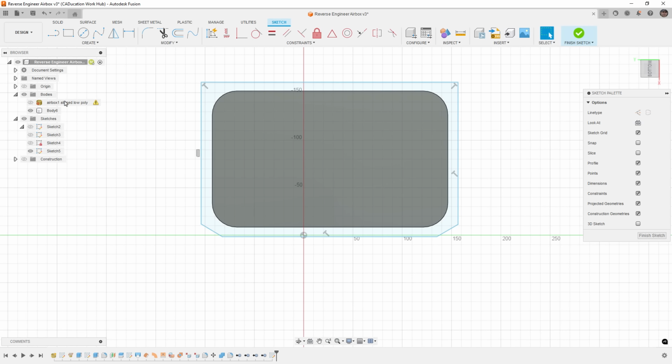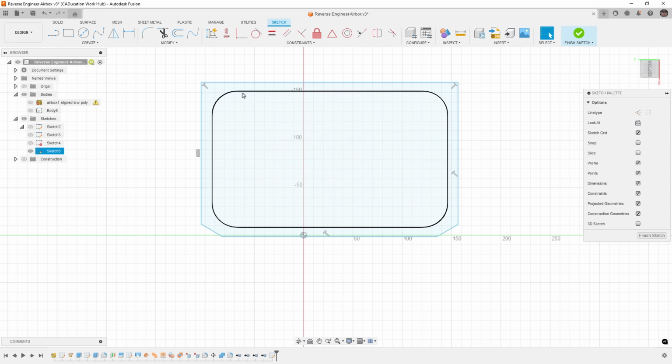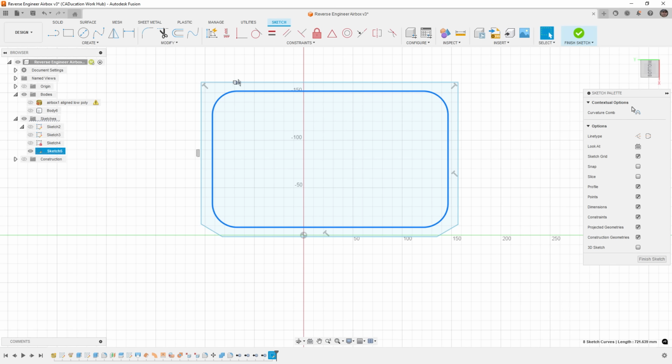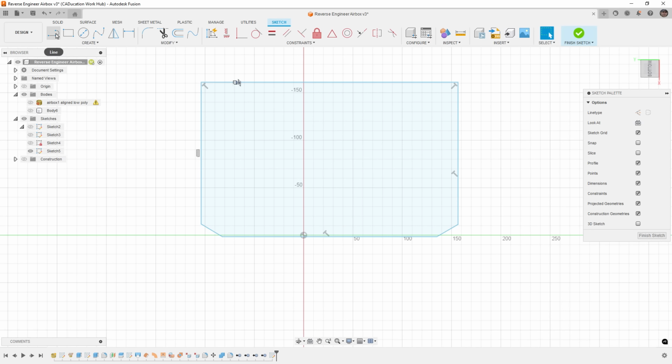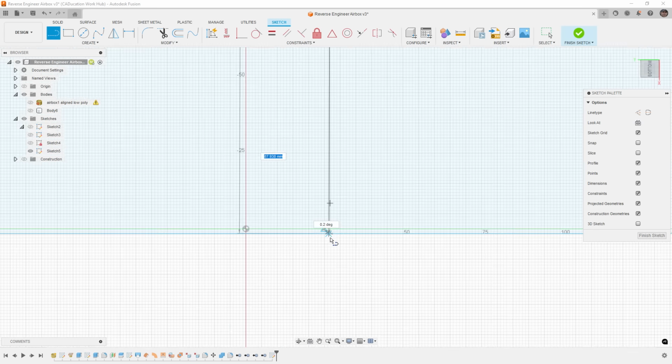mesh for now. And actually, let's hide that body. What I would generally do is double click that, convert it to construction, and then use a line, find the midpoint over here and the midpoint over here, hit escape, make that construction, and then make sure that it's horizontal or the edges are perpendicular. And then I can use this as a midpoint reference down here as well. So find the midpoint, find this midpoint,